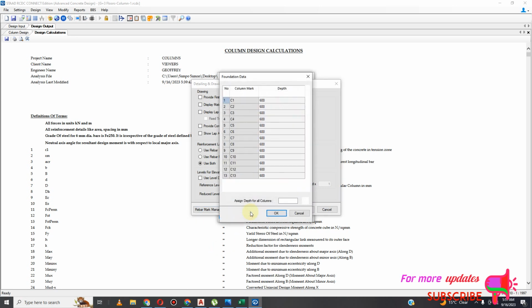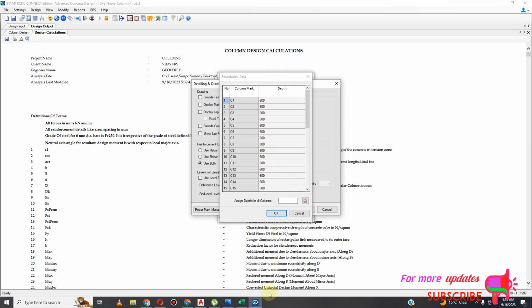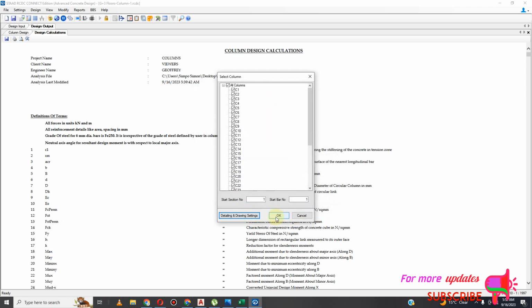Then foundation data, okay, see depth 600, okay, no need. Okay, I have not saved my report, that's why. Okay, and then I will, okay, then I will